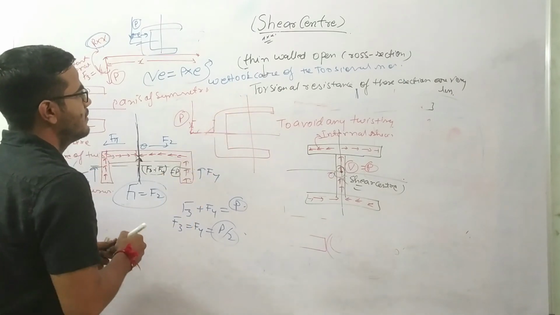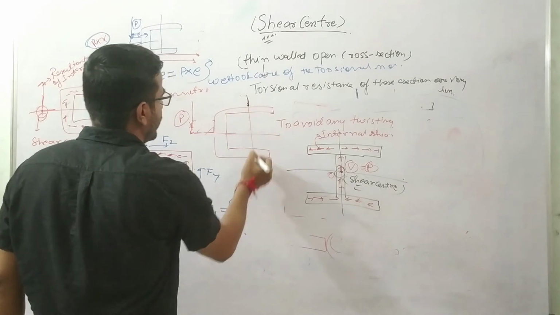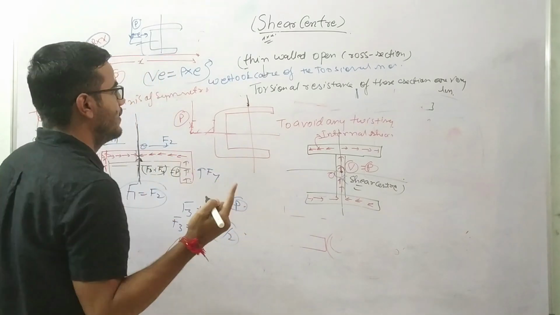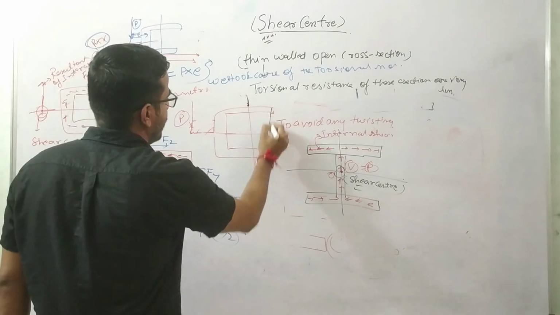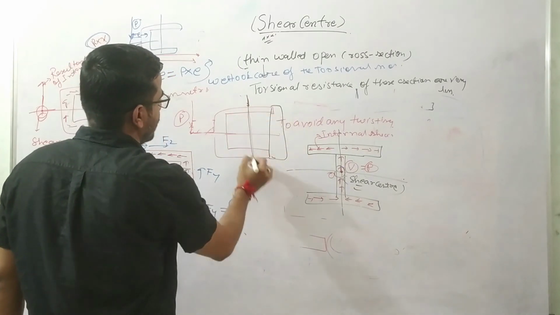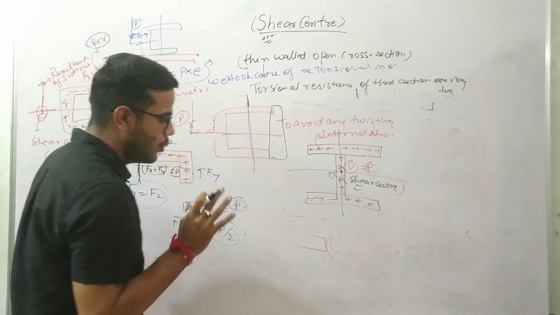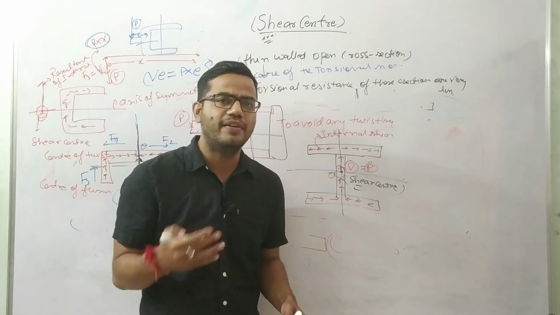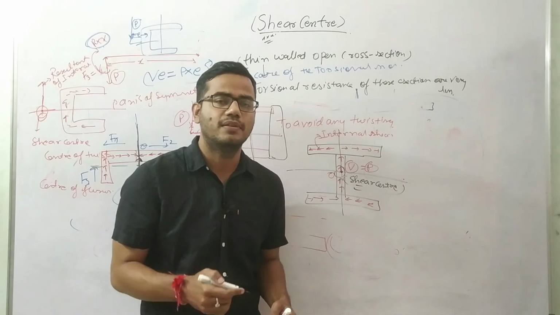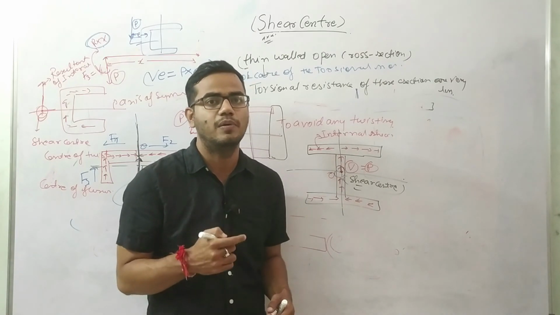where the shear center is where the load is acting along the principal centroidal axis, and which is not the axis of symmetry. If this is the axis of symmetry, let us suppose if this is a box section and this is the axis of symmetry, then there will be no twisting. Okay, so if the load is applied along an axis which is not a symmetrical axis, then there will be a chance that the section will be in bending. Then there will be a chance that the section will be under twisting.